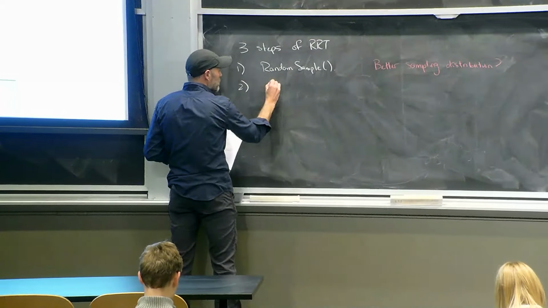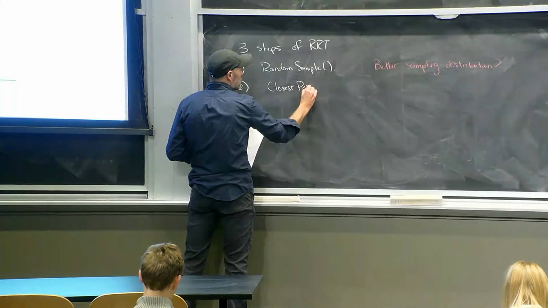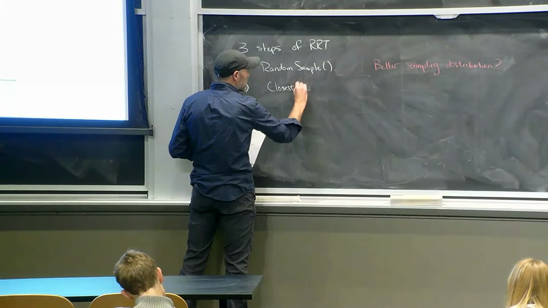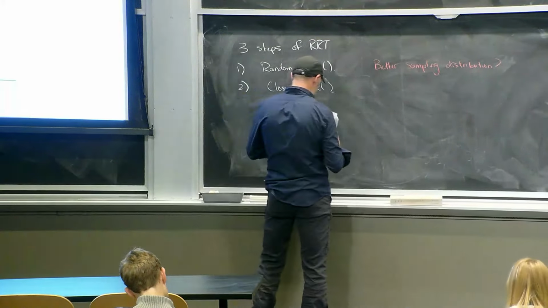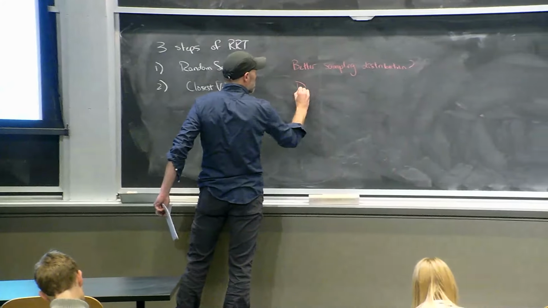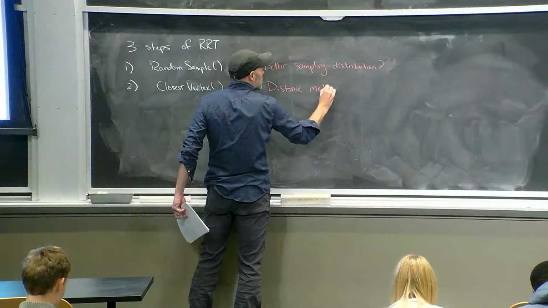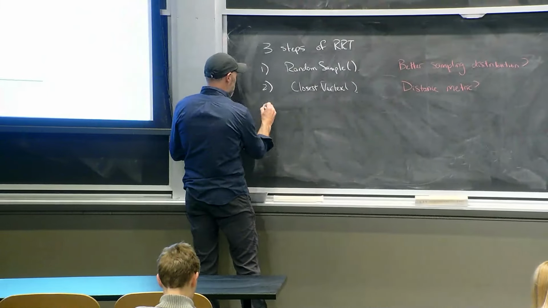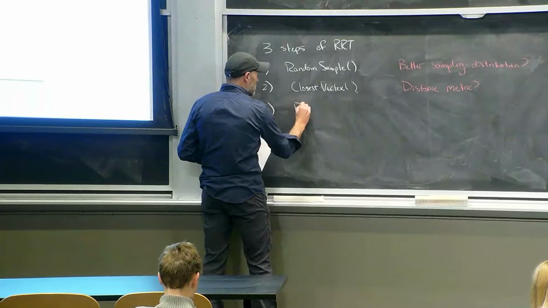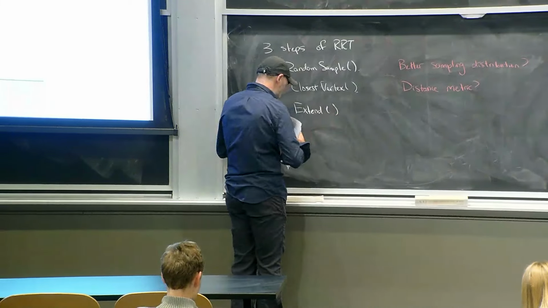Second one is find the closest point. I call it closest vertex, just to be clear, vertex on the tree. Maybe better distance metric. And the third one is better extend operation, or doing the extend operation. And then we can do